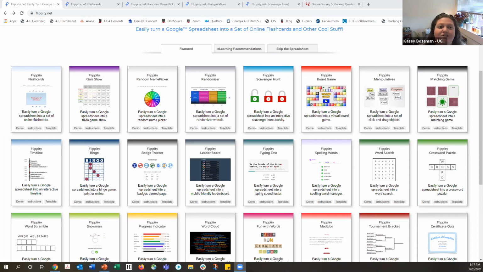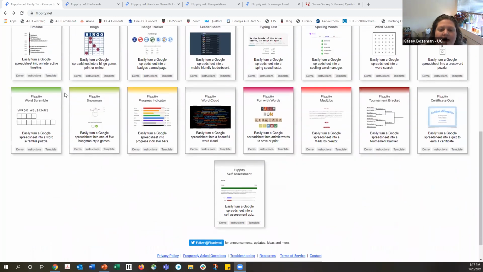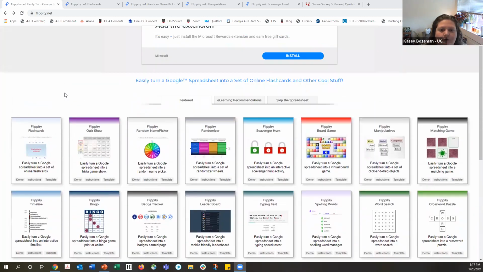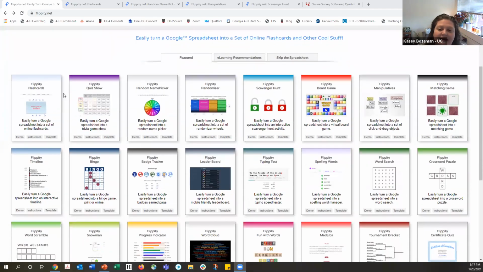Flippity.net. And once you open up the page, again, not a lot of bells and whistles here, but you can see all the different activities are listed as one little box. And so there's a variety as you kind of scroll down. And again, I will send back to you the list of things that I think are more applicable in the 4-H realm, but certainly just depending on what you're doing, knowing that all of these are available to you